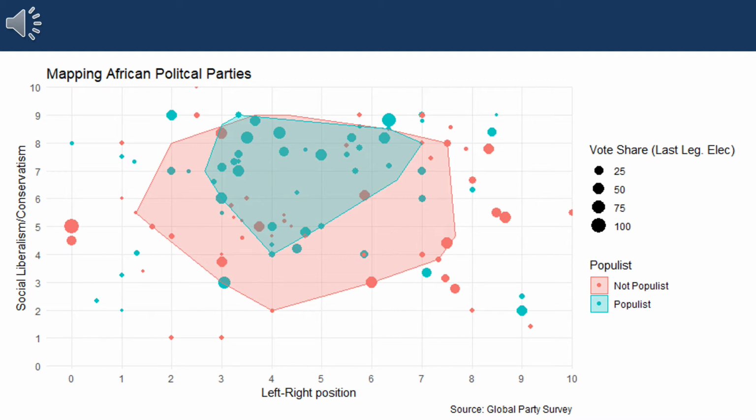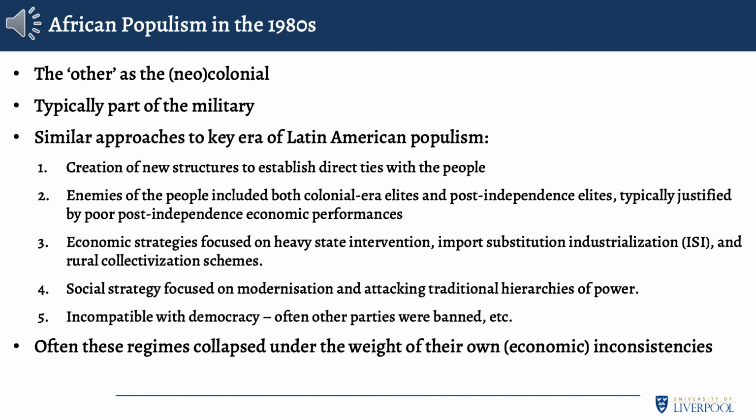And what we see is that the populist parties, so that's the blue bag, tend to be more centrist, i.e., the mean is closer to 5 on the left-right spectrum, but they tend to be more socially conservative than their non-populist counterparts who span a greater range of the ideological space. Whereas, well, maybe it's not that much of a surprise, because in the European context, we differentiated between the populist radical left and the populist radical right. We've not done that here, but